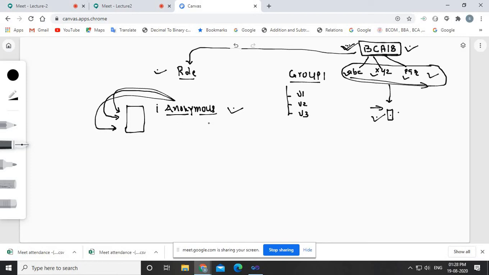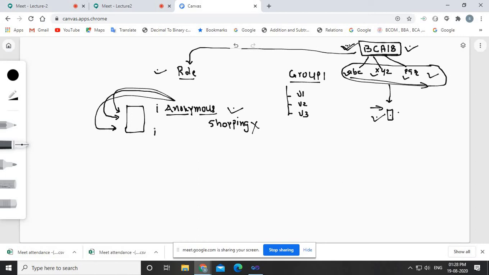So what will you not allow to the anonymous user? Obviously anonymous user cannot do the shopping. Shopping means anonymous user is not allowed to give the order, shopping orders. So we are just restricting. If you want to shop something from our website, then you have to use your username, password, and you have to do the login.